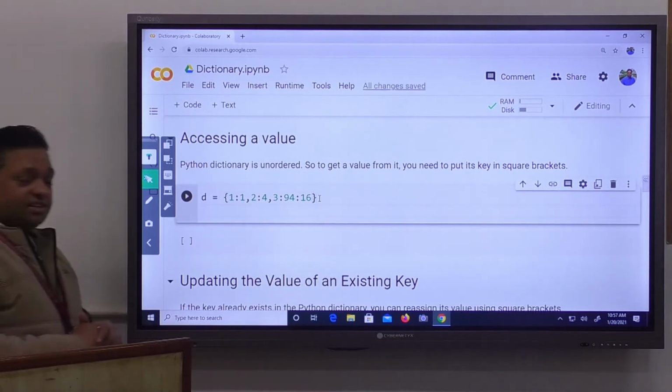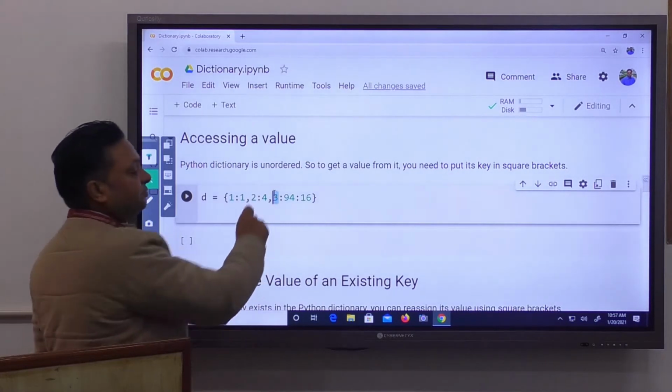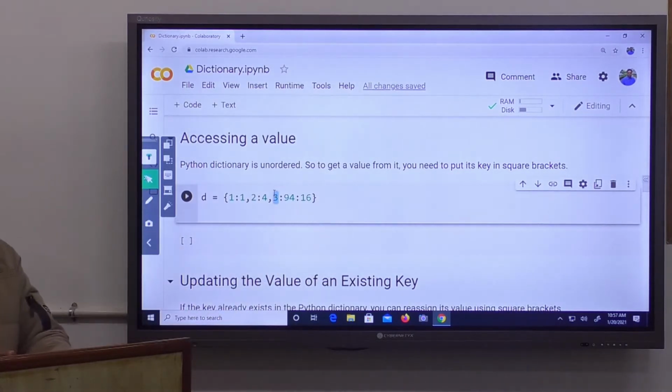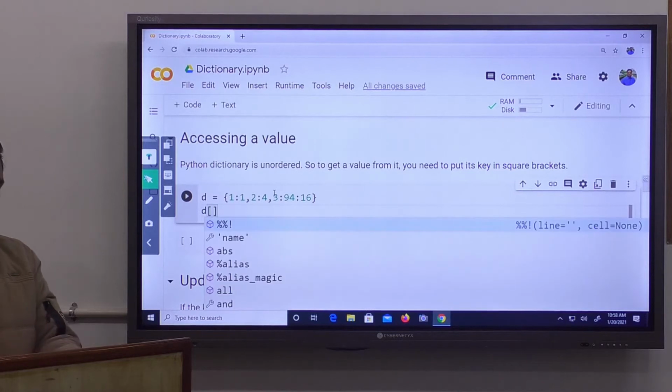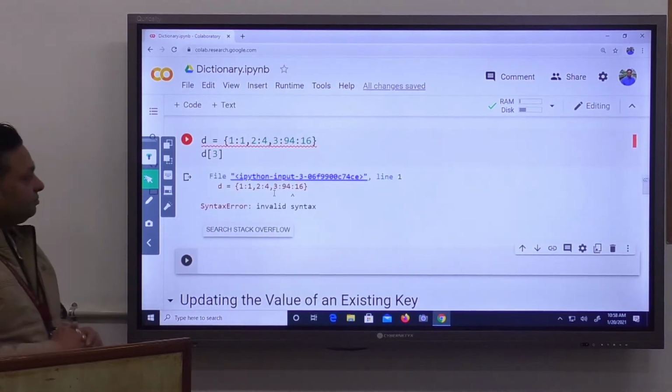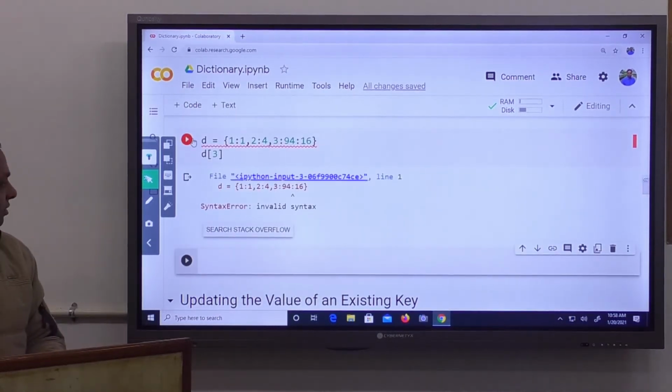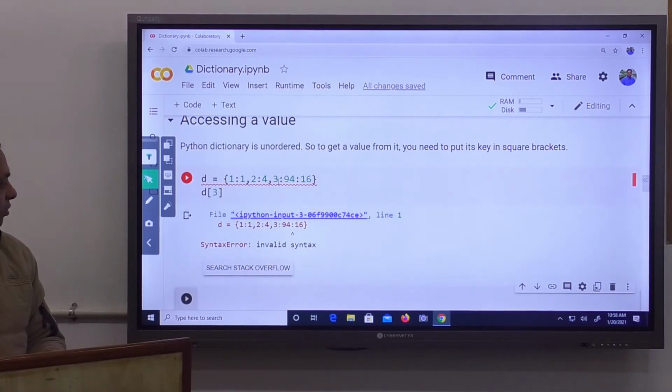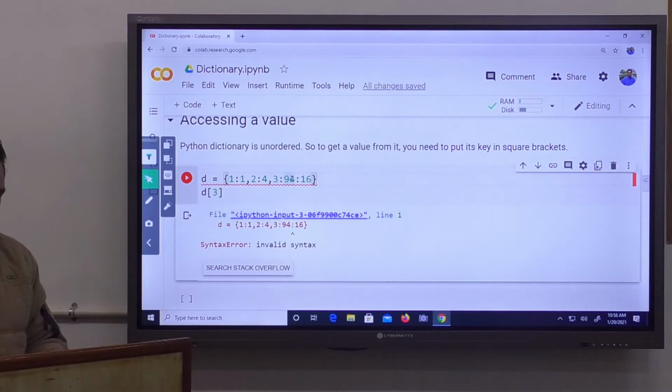I want to access the value with respect to key 3. What will we do? We write the name of the object, D, square bracket, then the key. Suppose I want to access the value with respect to key 3. Again, we missed a comma here while creating the dictionary.